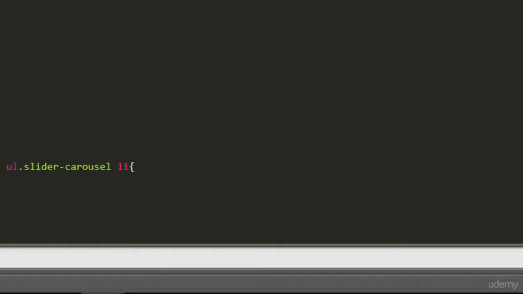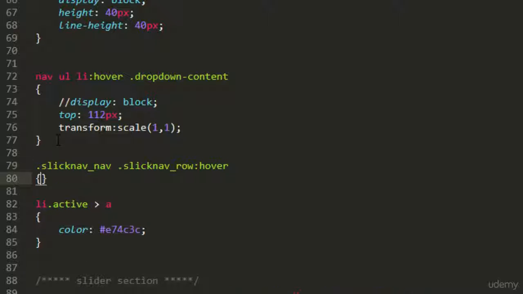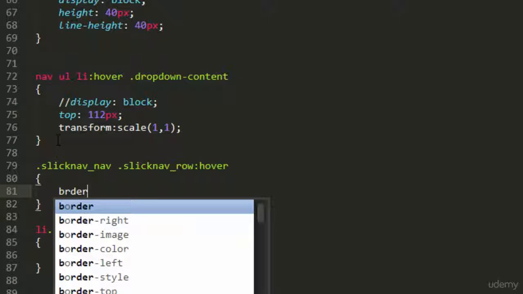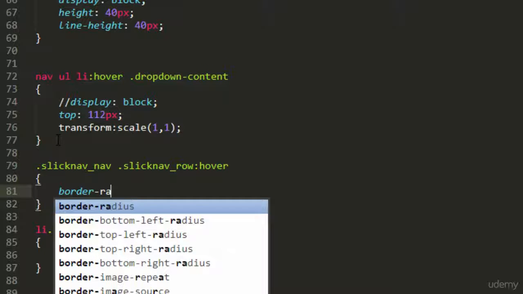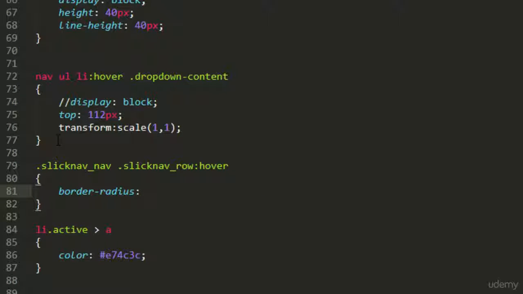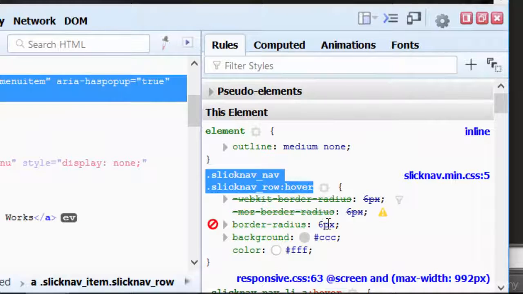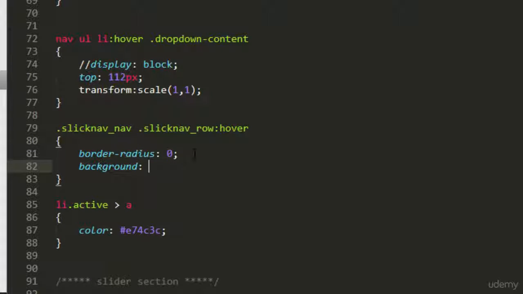Now let's come to our style2.css. Let's paste it, and let's add here a few styles. Say border radius was mentioned there, six pixel, I guess. See here, border radius 6 pixel and background #CCC. Let's come here and provide a background